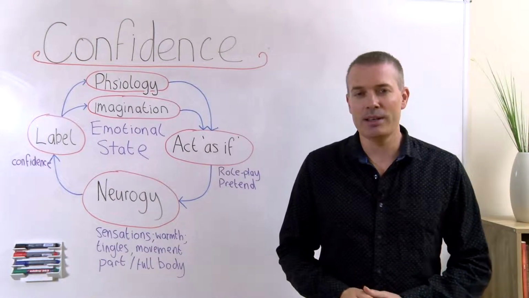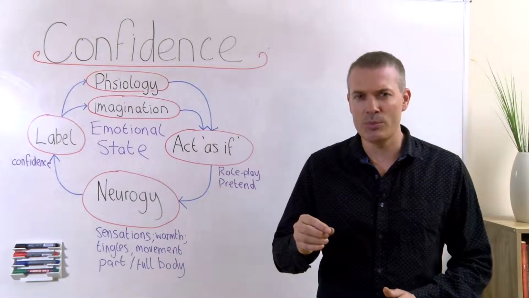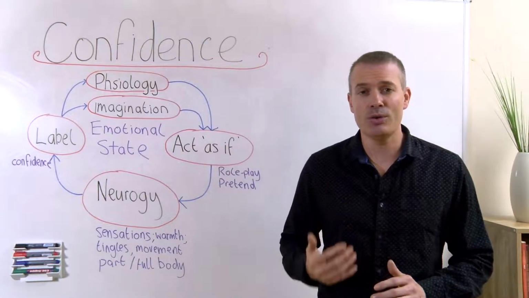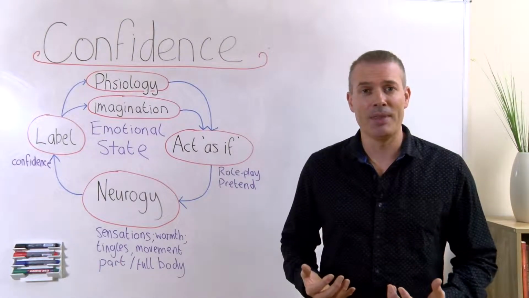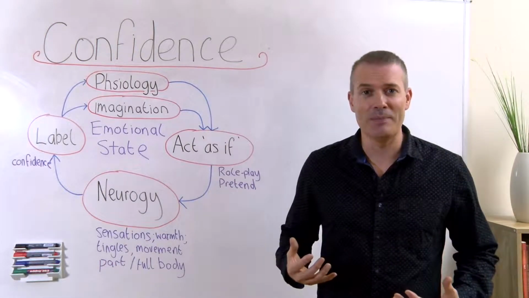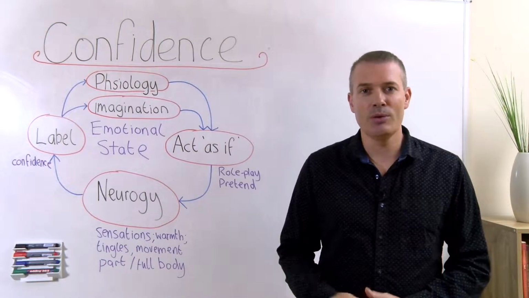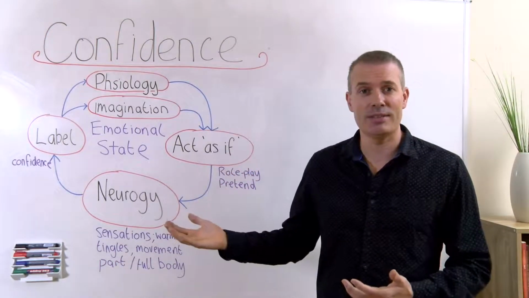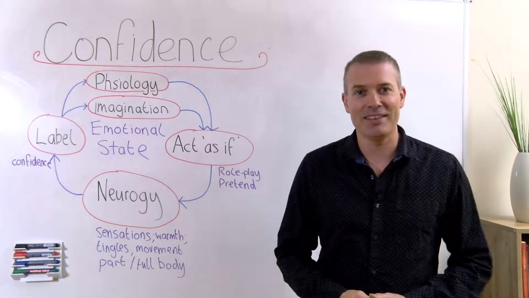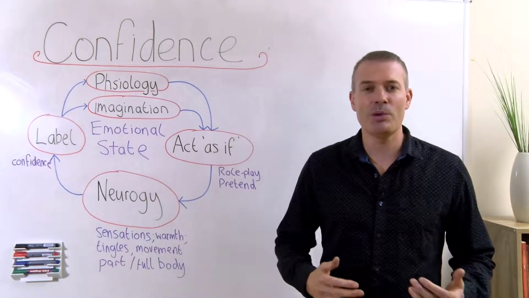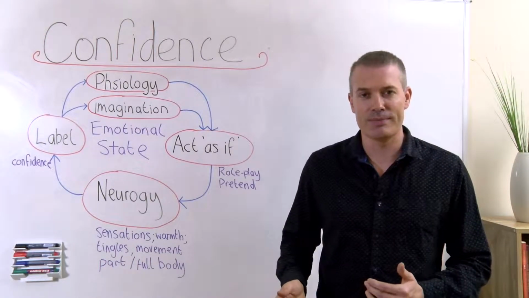So in this video, I'd like to just explore in a little bit more depth the first layer that I mentioned in that video. And that is confidence as a feeling, a range of sensations that flow throughout your body. And I want to just share with you a model that I've been playing about with over the years, and that's something called the state loop, which is this lovely diagram, this lovely drawing that you're seeing up on the whiteboard. And I want to talk about it in relation to confidence.